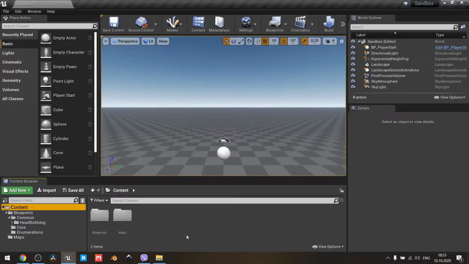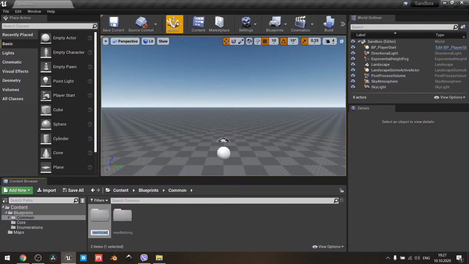Also, I will include subtitles only for those parts which are hard to understand without a text explanation. So let's begin. First of all, let's go inside our Blueprints folder. Next, in our Common folder. Here we need to create a new folder and call it